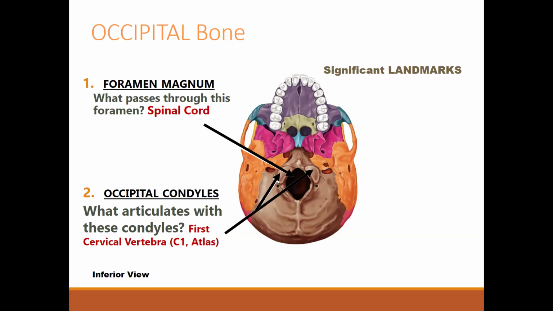All right, next up, the condyles, these little round bumps. So feel around the perimeter of this hole. You'll feel two bumps. Yours might be a little flattened on that model, but these two bumps are called condyles. And what's important about those is this is where C1, the first cervical vertebra, will attach. It'll join with the skull. So you may not know anything about the cervical bones yet, but